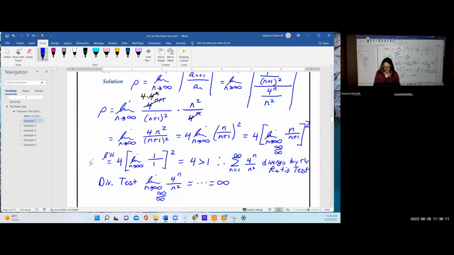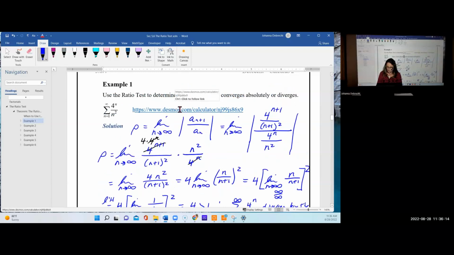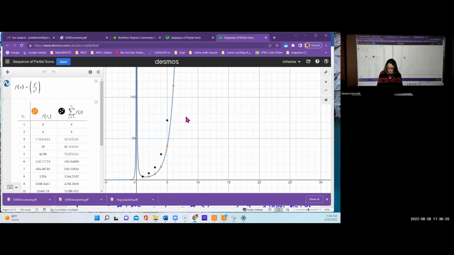Now, I told you not to click on the link at the beginning because I didn't want you to know ahead of time. And it's pretty obvious when you plot this in the sequence of partial sums that this isn't going to work, right? I mean, this is the sequence of partial sums. I've computed, I think, up to 30 of them over here, but I can't even get more than 5 on the picture. Remember that the sequence is plotted in orange, and you can see that the sequence of terms is not going to 0. So the sequence is not going to 0, and the sequence of partial sums, the sum of a finite number of terms, is plotted here in black, and it's also blowing up to infinity,